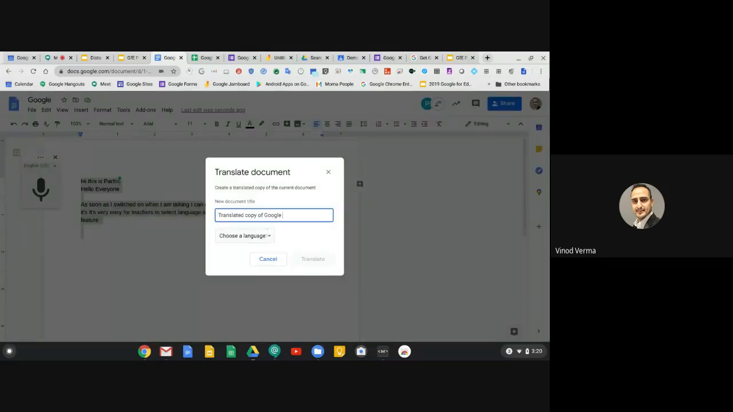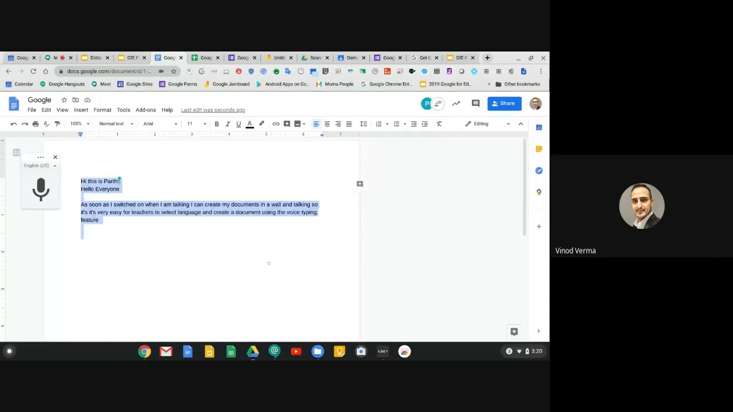Now you can select the language, and it will be converted into that specific language. So all these features are available in Google Docs. So this is about Google Docs. I'll quickly show